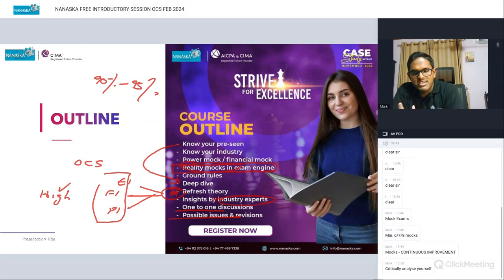I mean, can we omit forecasting anything the examiner could ask when we look at about 70 to 80 scenarios from 10 mock papers? Then a separate possible issues document. Then in our pre-seen analysis, we will be discussing separately. Then we give you a power mock and a financial mock on top of all of it. It will be very difficult for the examiner to ask something out of the box, out of what we have discussed. It will relate to something from our discussion when you look at the exam paper.